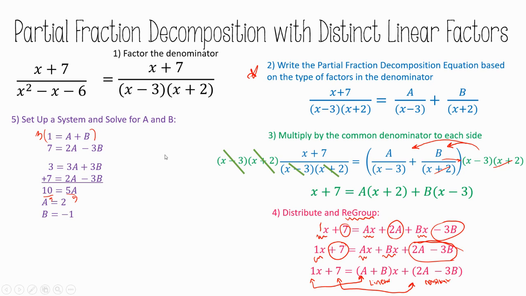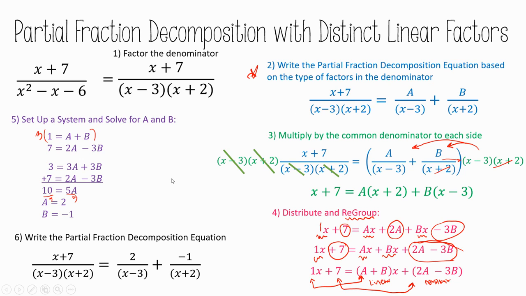So now what we're going to do is take a look and see, let's rewrite it so it represents that. So we write x plus 7 over x minus 3 times x plus 2 equals, and now this is really important how you set this up. Someone else in our class could have put x plus 2 first, but what's really important is the coefficient matches. So our equation ends up being x plus 7 over x minus 3 times x plus 2 equals, and we